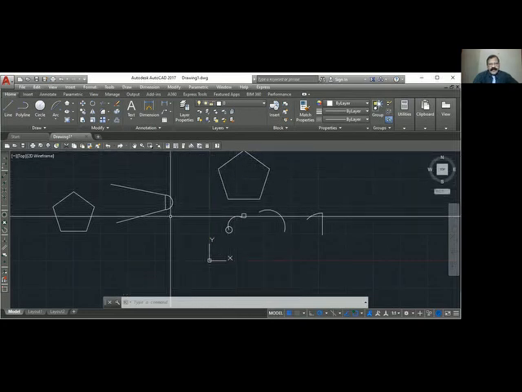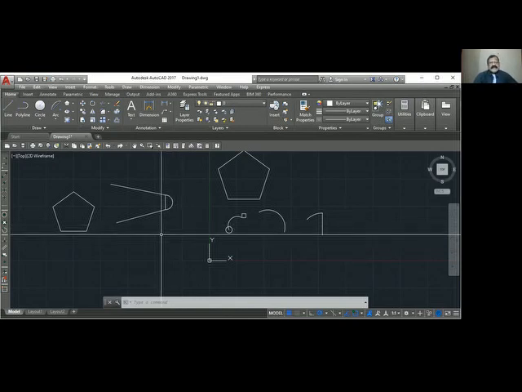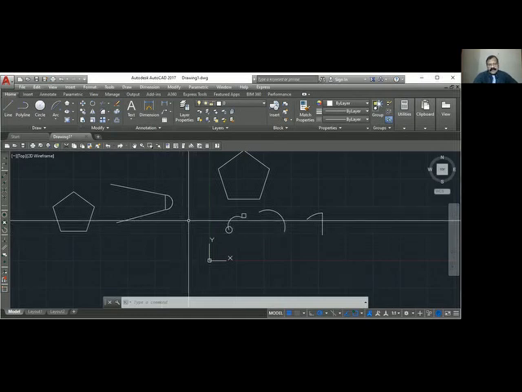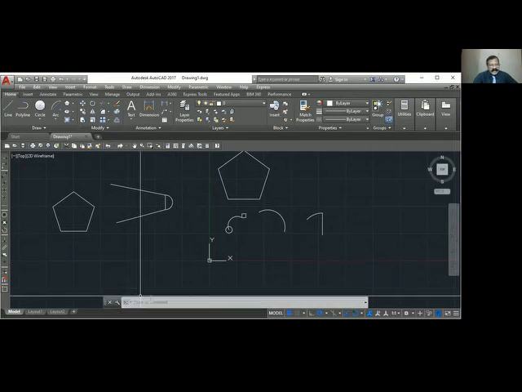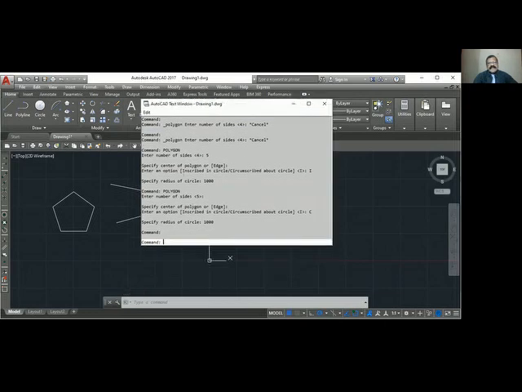Okay, so polygon, write down the steps. Polygon, show the center point, select the number of sides. If you want to see what are the steps involved here, you can press Control F2 in the laptop. So it shows you what are the commands you type. When you type polygon, it shows number of sides 5. Then it is asking center point, then inscribe or circumscribe. Then you give the radius of the circle.